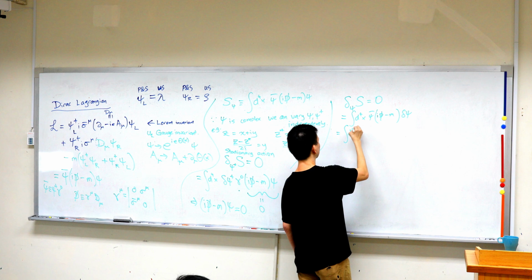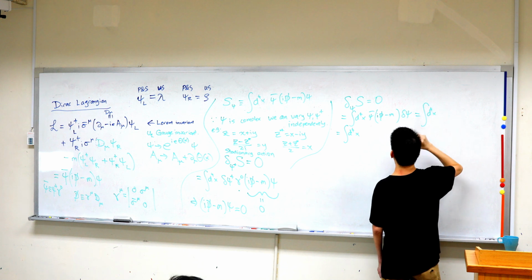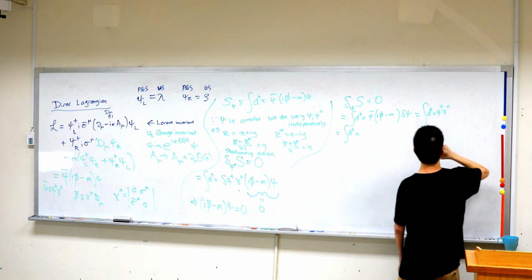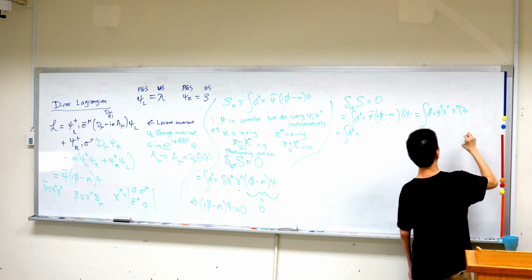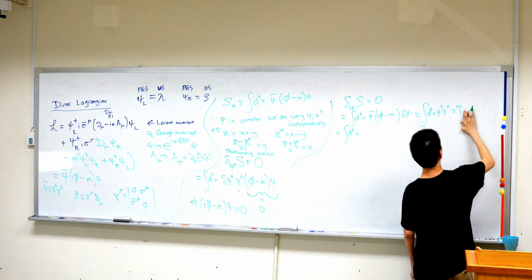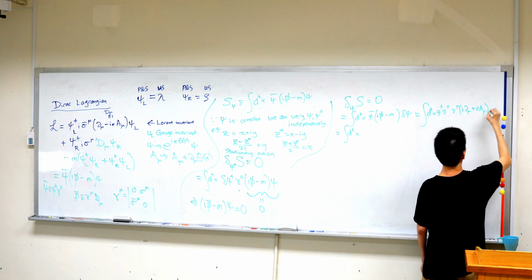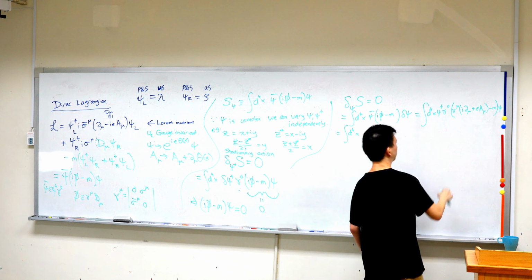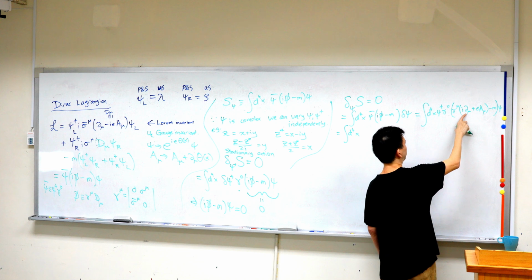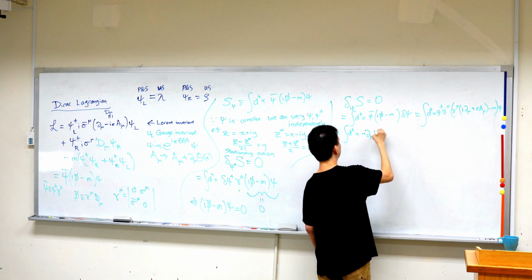So this is d4x. Actually, let's write it out more explicitly first. This is d4x, and then psi dagger, gamma 0, gamma mu, and then partial mu. Sorry, there's an i here, so let's be careful. So there's an i partial mu plus i e A mu minus m psi. What I said just now was I'm going to integrate by parts this partial derivative, and this is going to give me, let's just do it systematically, minus i partial mu psi dagger,